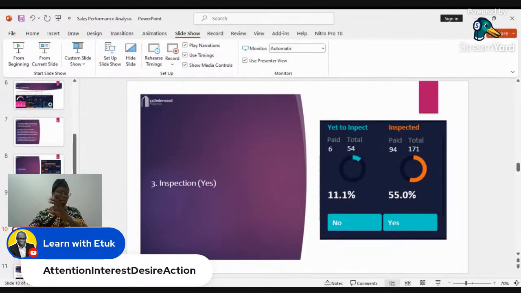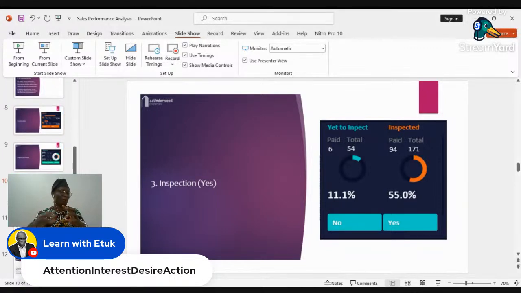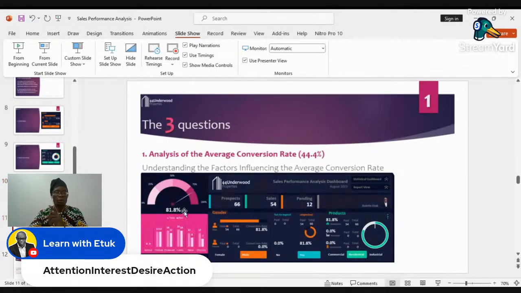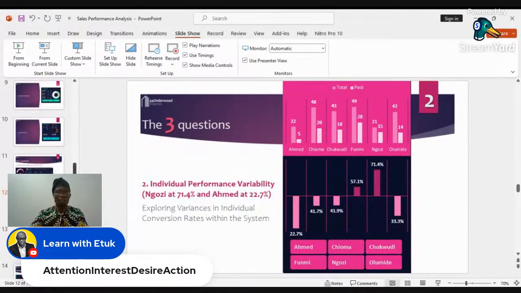There are other factors, like I told us, in the entire data, but for our study, these are the 3 things that are responsible for the 44.4, not the staff. It is because of these things. So that's the first question. We have answered the first question.